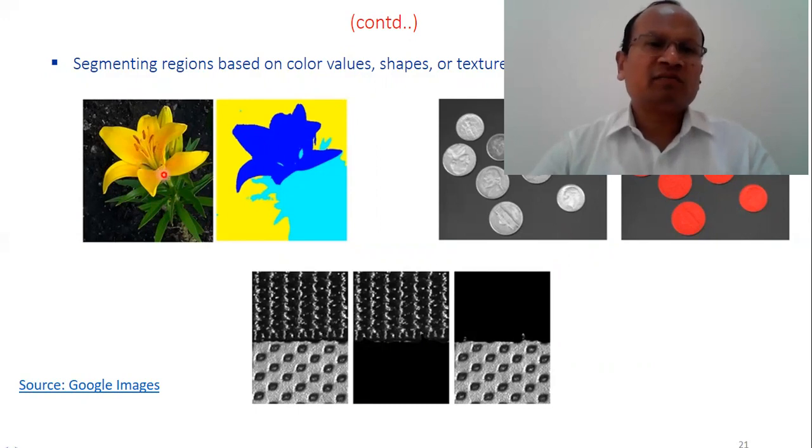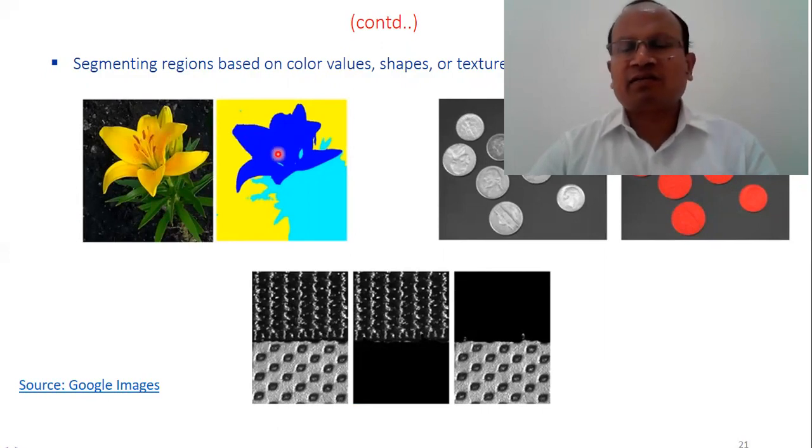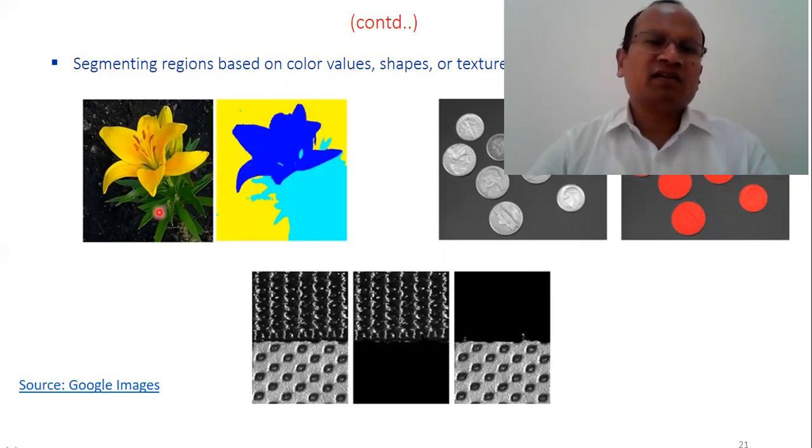you may argue that it's a beautiful picture. Why is there a need to segment? But as I told you, it is for analysis, for classifying the different parts of an object, and this is just an example. So you can see that different colors are assigned to different parts, especially the petals of the flower being colored in blue. And then you see the leaves here, and the background is assigned a different, yellow-looking color. So the color values are attributes here.